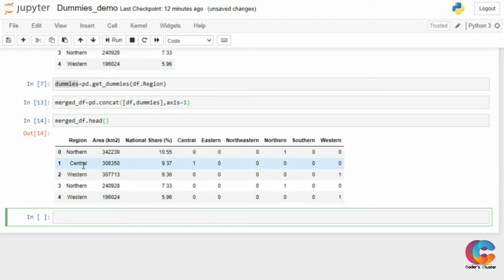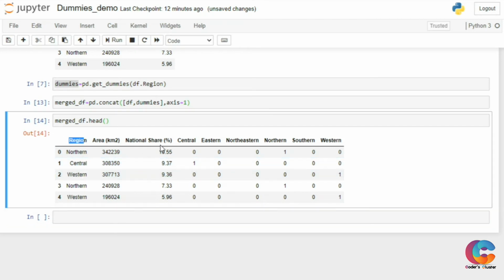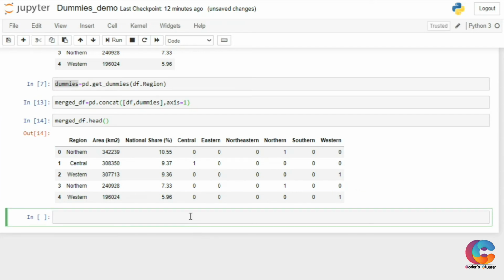Okay, we have region, area, national share, and each and every category in our region column has been created as a separate dummy variable in this data set. So this is the way we create dummy variables, and you need to take care of one thing, which is the dummy variable trap.